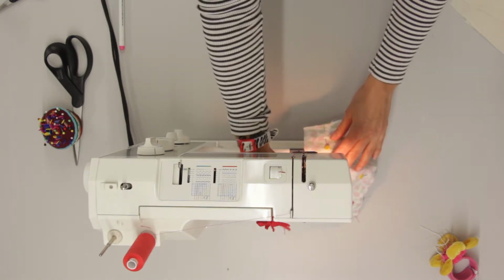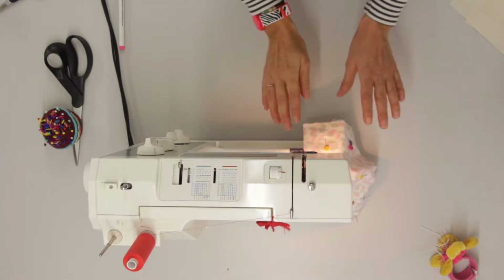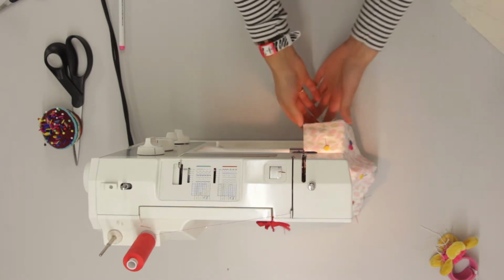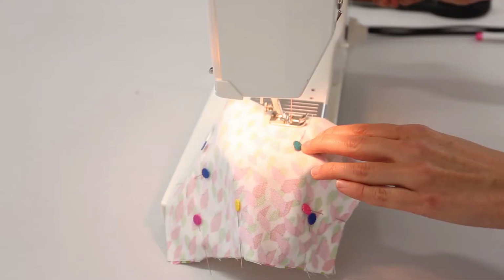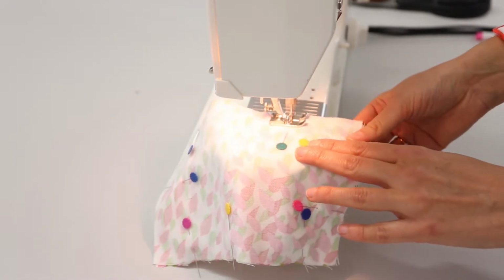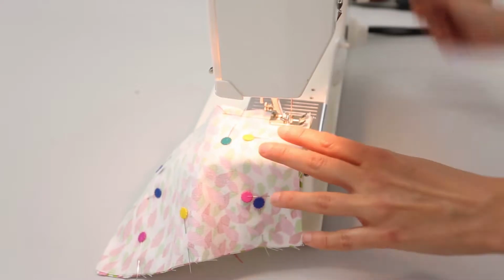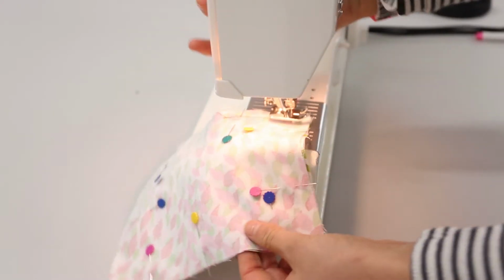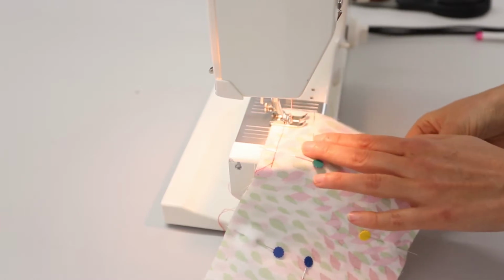So I'm going to pop this one under, and I'm just going to use a 1 cm seam allowance, but that's totally irrelevant, so ignore that. Let's start by doing a reverse stitch, just to secure that opening. I'm going to carry on to the end. I'm going to lift the foot up and I'm just going to turn it. And then I'm going to carry on